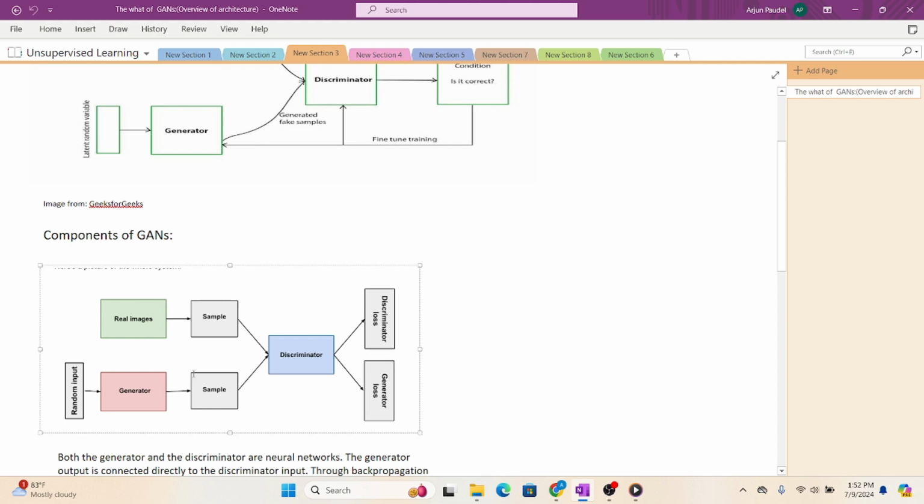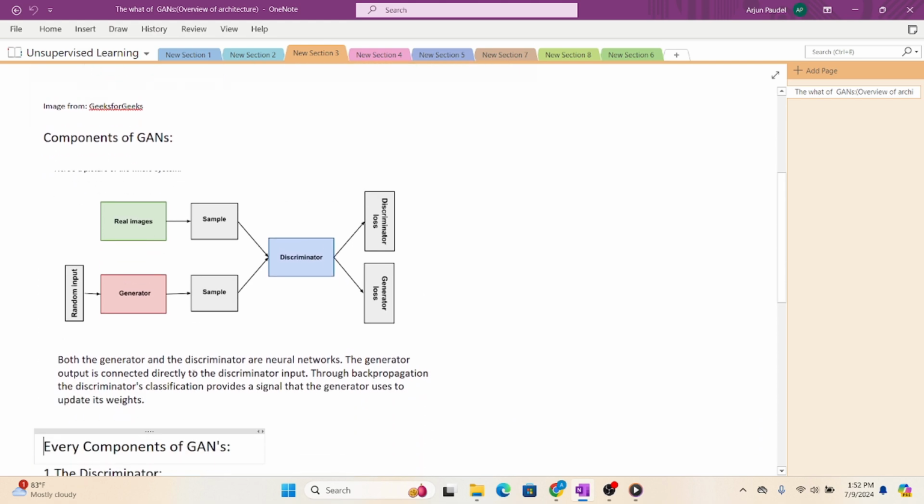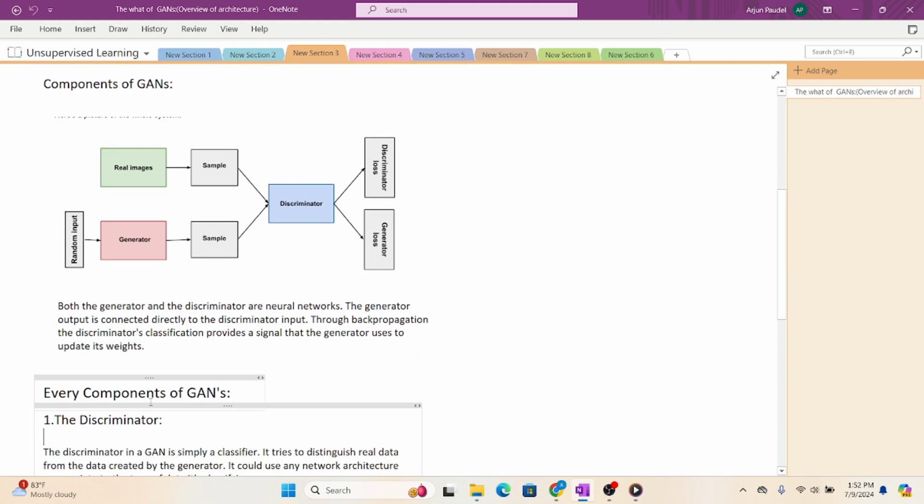So we are going to look at every component, the discriminator and generator losses and the random input, and also these paths, and how the training path works, how the gradient flows through the network. We will look at each and every component. So first of all,